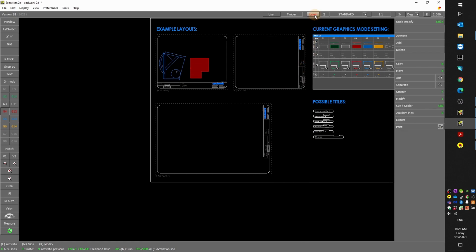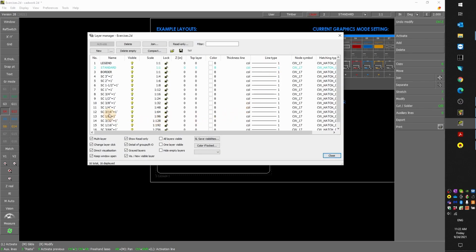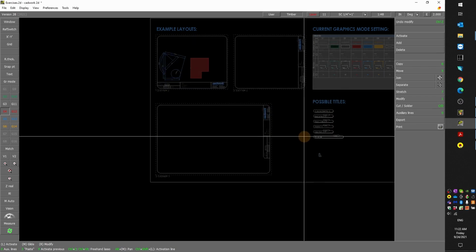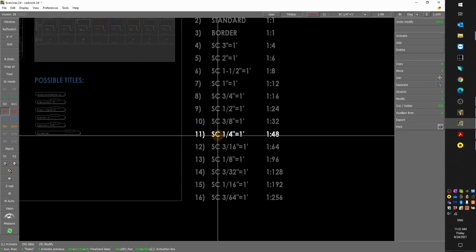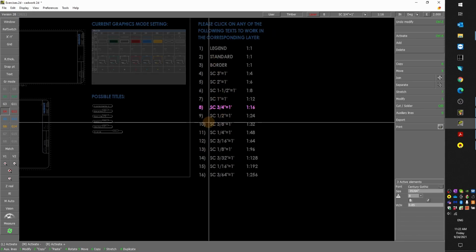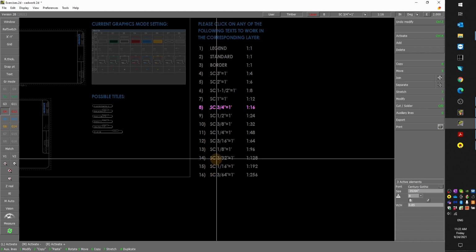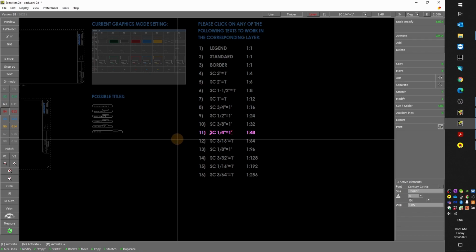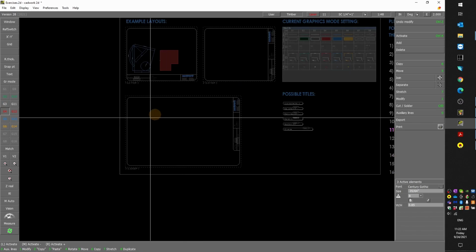I can click on layer and double click on the layer I'd like to work in, so the 1/4 inch, or I could also simply click on the text here. I know that these texts are in the proper layer, so I want to work at a 1/4 inch. I can click on the text here, and I can